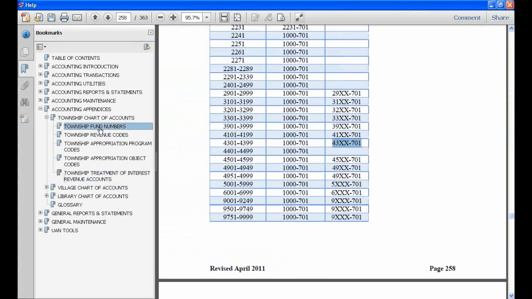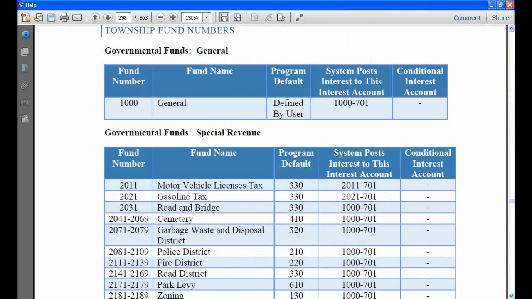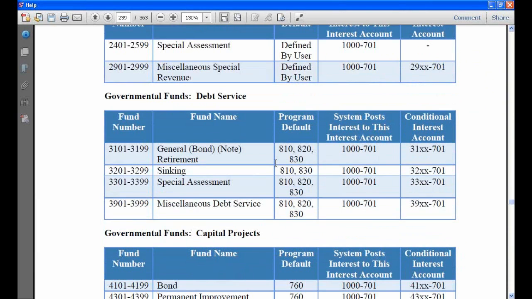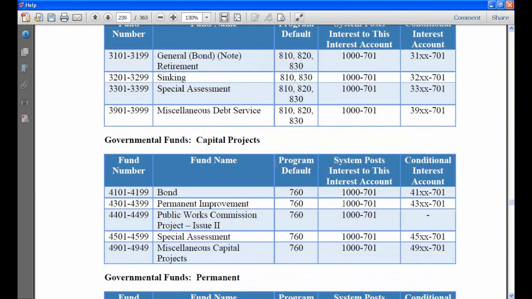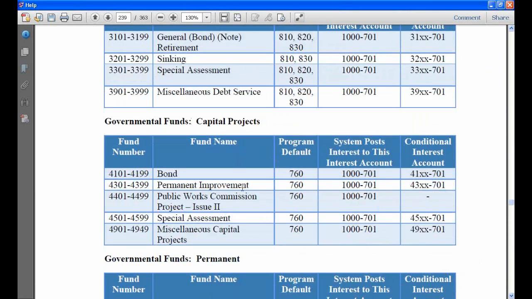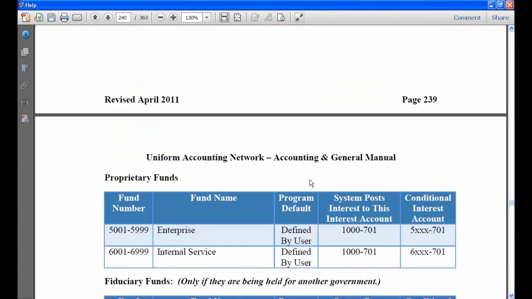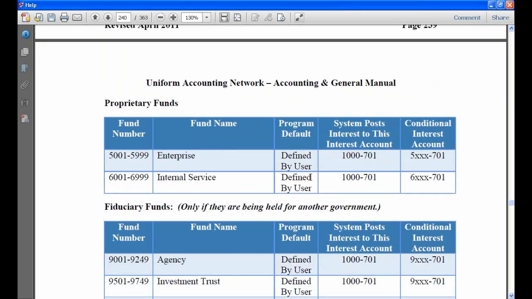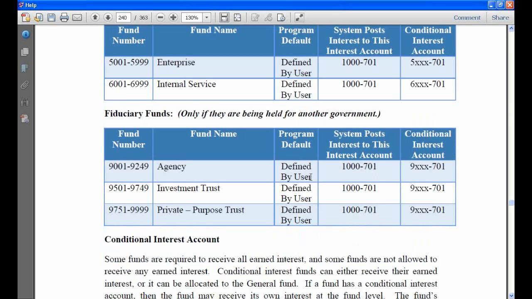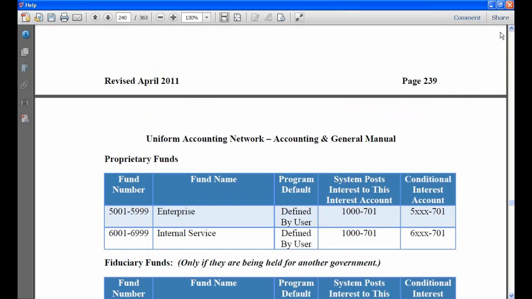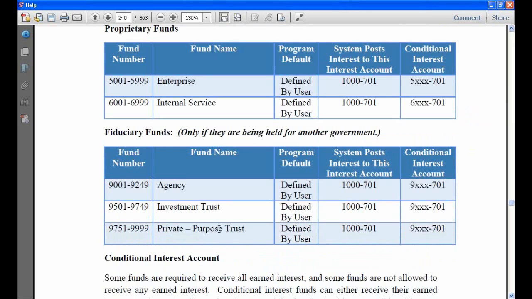So going down to our funds, we've got our permanent funds, and the private purpose trust funds are around here somewhere. If you use one of these funds at your township,